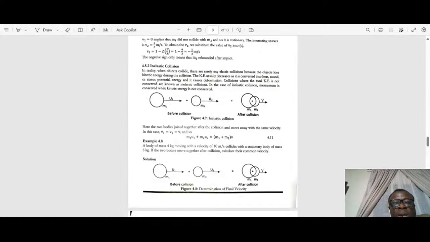And looking at equation 4.11, it represents m1 u1 plus m2 u2 equal to m1 plus m2 v, because the two masses now have the same velocity. So if you now factorize, we now have v out. But if you open the bracket, you have m1v plus m2v. So this is the typical expression for inelastic